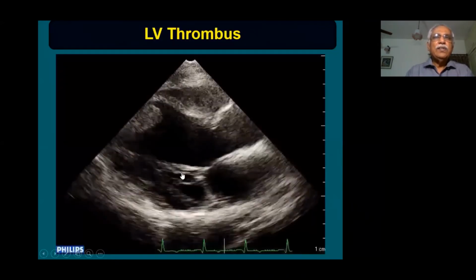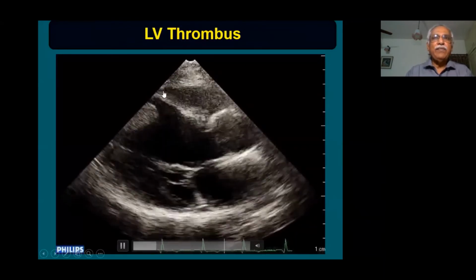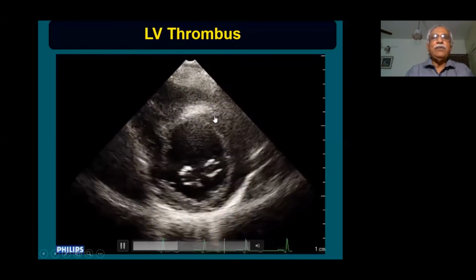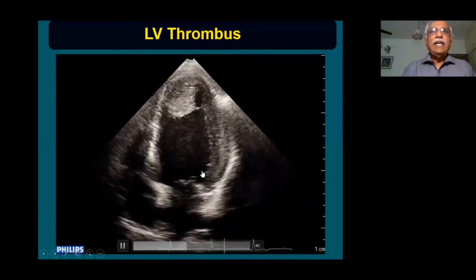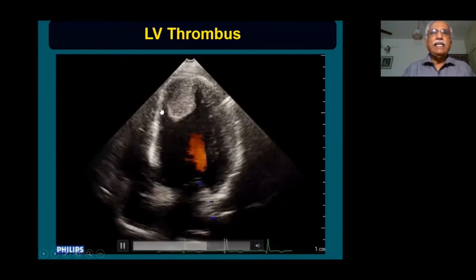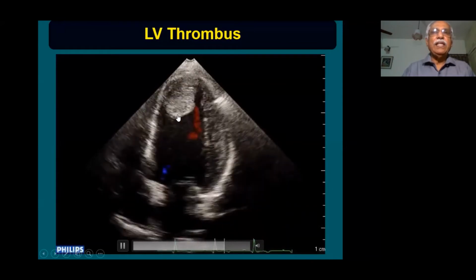These are the three conditions which may be present in patients with a thrombus inside the cardiac chambers. So this is a patient in whom there is akinetic contraction of the interventricular septum. The entire septum is akinetic, typically due to an anterior wall myocardial infarction. The left ventricular apex is again akinetic, and there is a large mass inside the left ventricular apex.